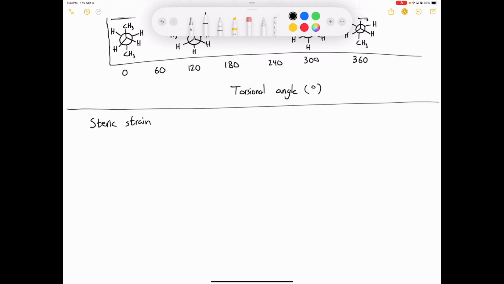What's the difference between steric strain and torsional strain? Torsional strain makes sense because it's repulsion from two sigma bonds coming close together. Steric strain is like being in a traffic jam. You can't get through because if you try, you're going to feel some pushback. Namely, your car is going to get damaged. So steric strain is the repulsive